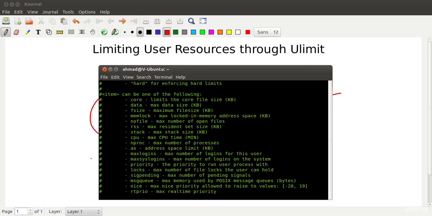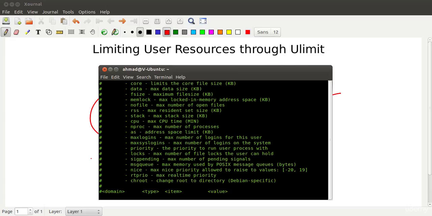Like if I set it to maybe 3, then if we have got many system admins on one Linux system, then only 3 users can be logged in simultaneously. Similarly, we can set the priority of the processes that a user can run, or we can set the nice command, which says how a process can be niced,